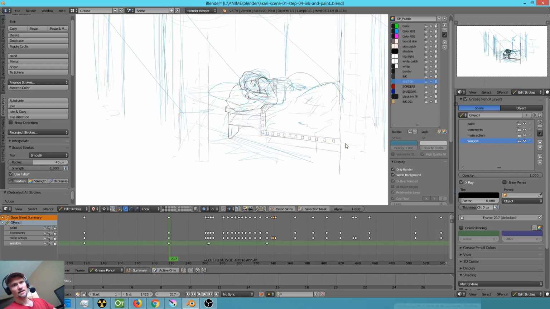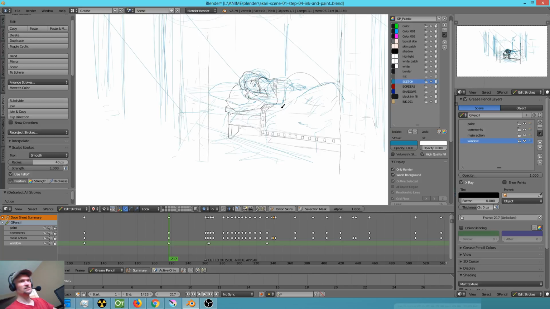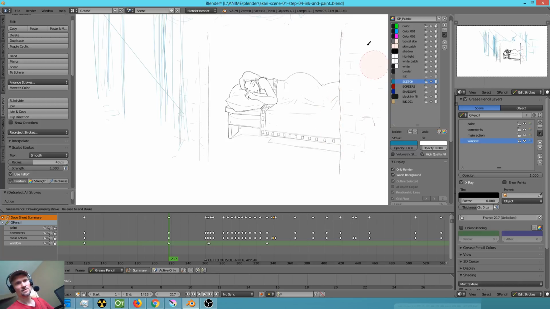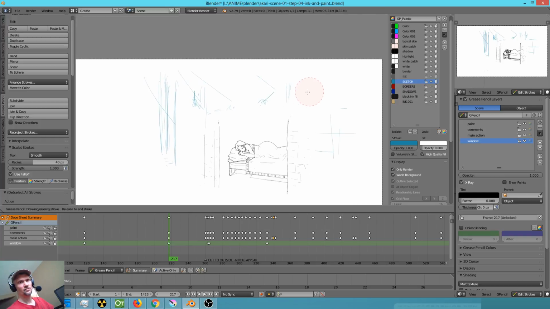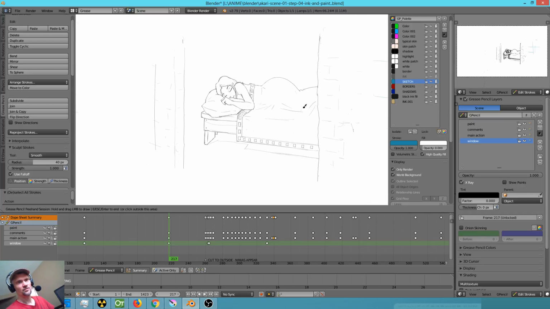Not too bad. Now what I'm going to do is lock my ink layer and unlock my sketch layer. And then I'm just going to delete all these blue lines. I say delete. Of course, what I really mean is erase. Okay. Is this still working? Everything seems to be working now. Okay. So that's cool. So we managed to,